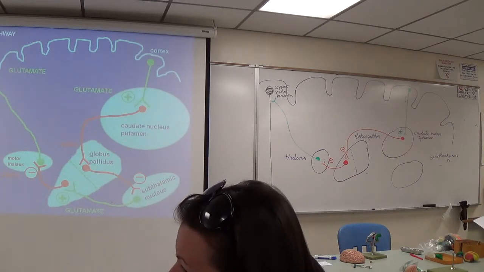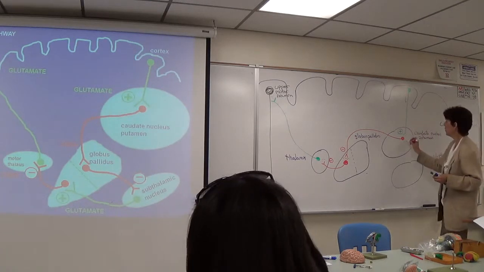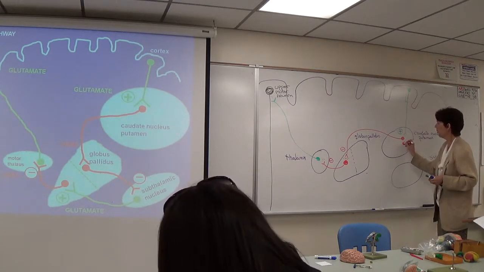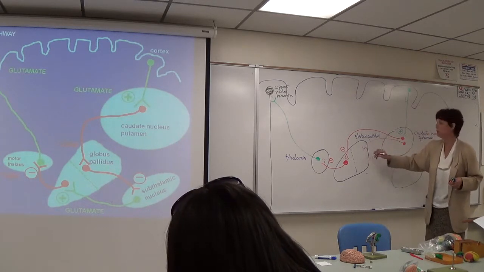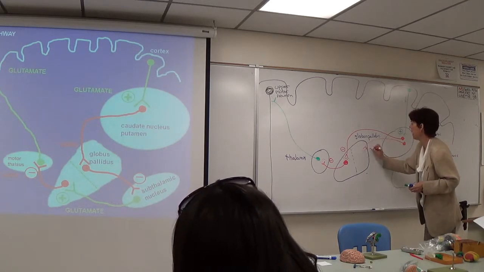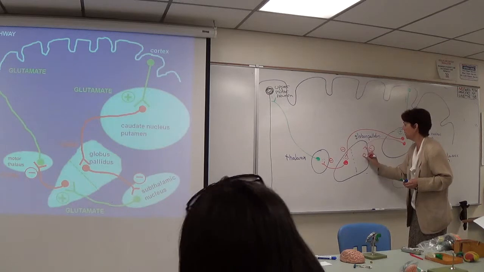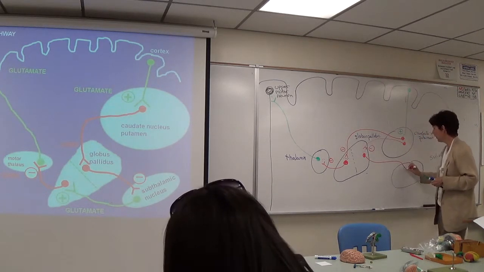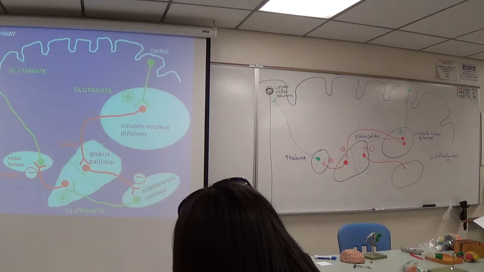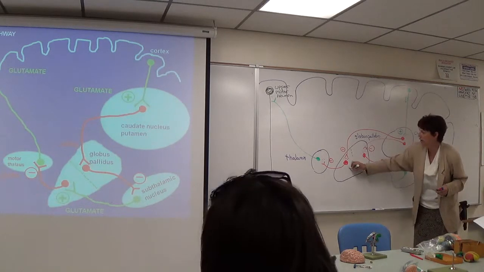So for the subthalamic nucleus, we use a different part. This neuron is going to go to the more lateral or external part of the globus pallidus. It also has a negative effect, just like the first neuron did. And it synapses with a neuron that also has a negative effect, but it goes to the subthalamic nucleus. The subthalamic nucleus has an excitatory